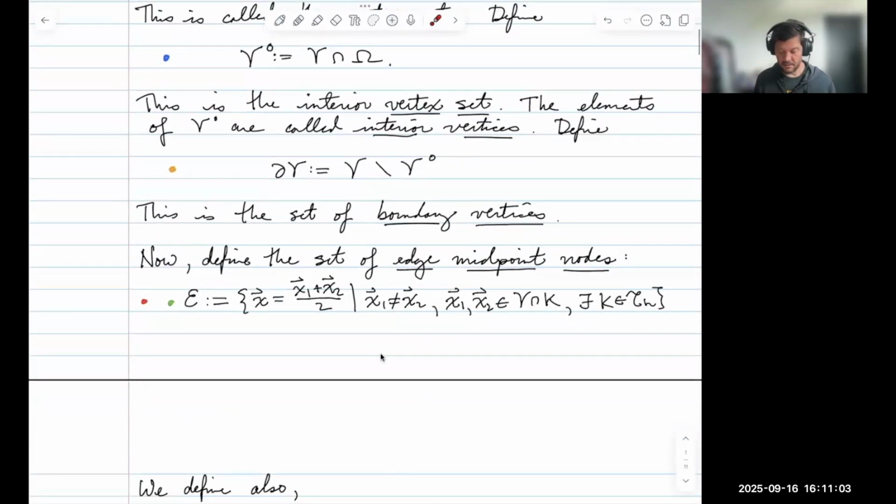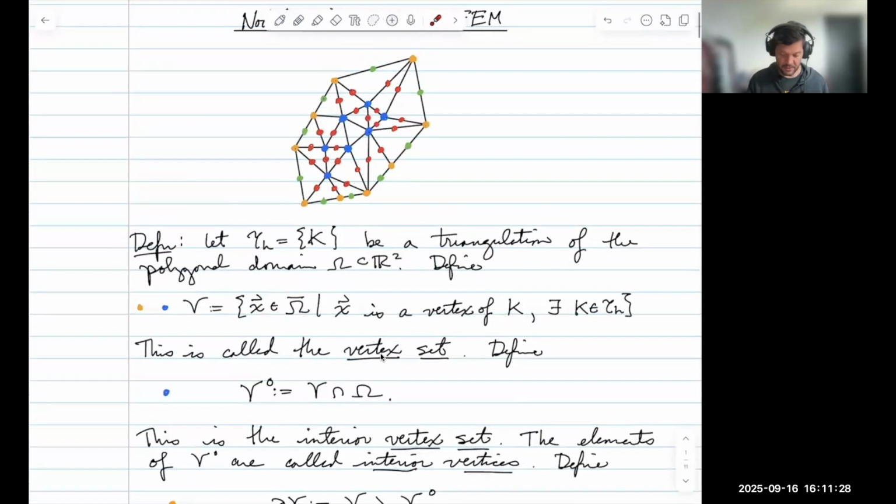Now let's define the following set of points. The set of points E. This is going to be the set of edge midpoint nodes. Now, we're not going to call these vertices because vertices are only at the corners of triangles. These points, these red and green points, are going to be at the midpoints of an edge. So for example,